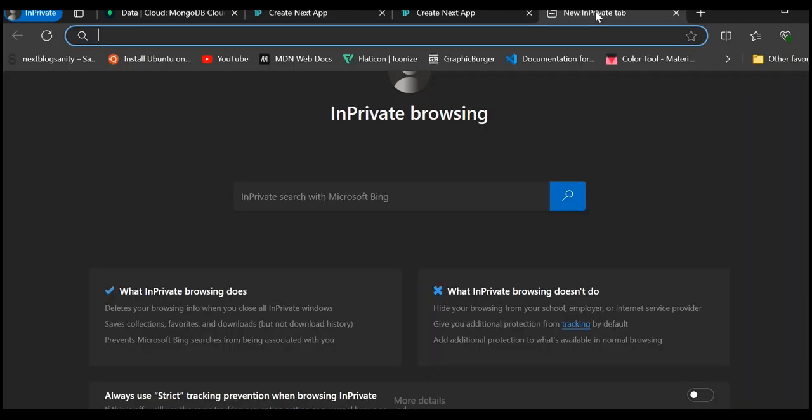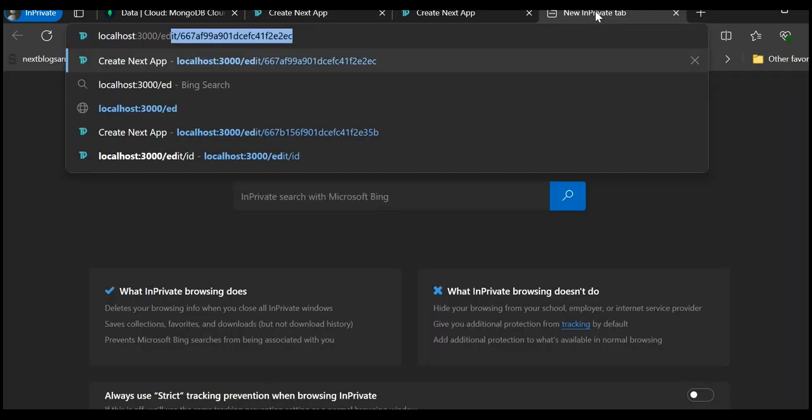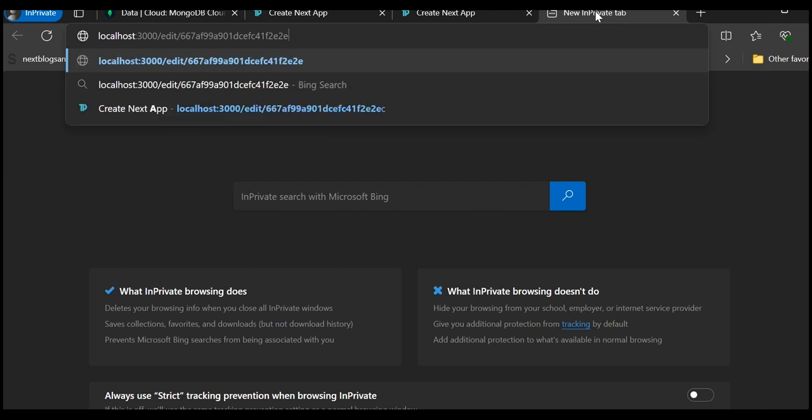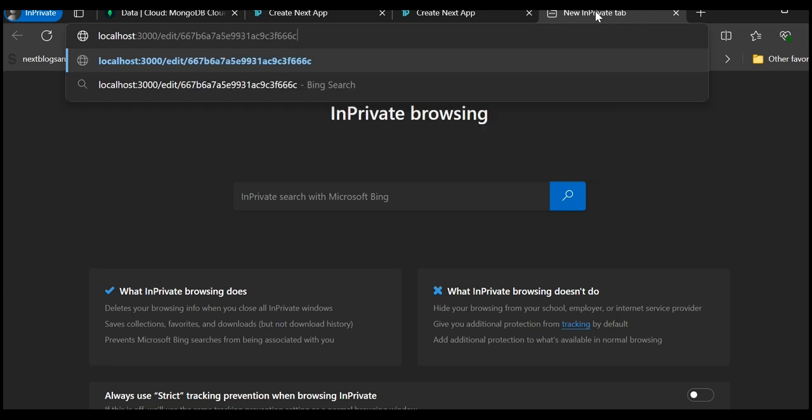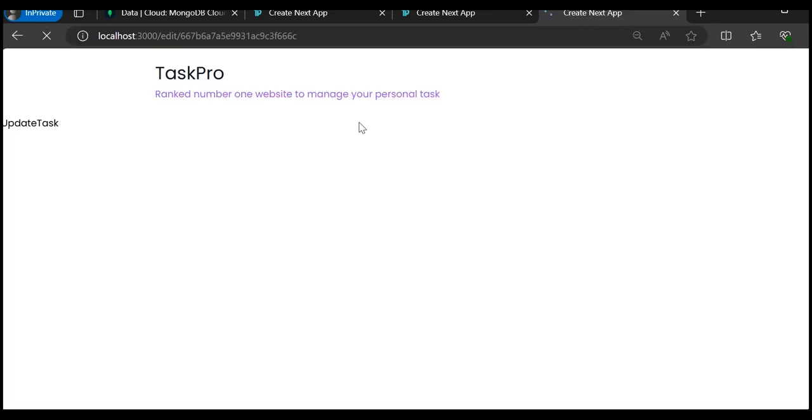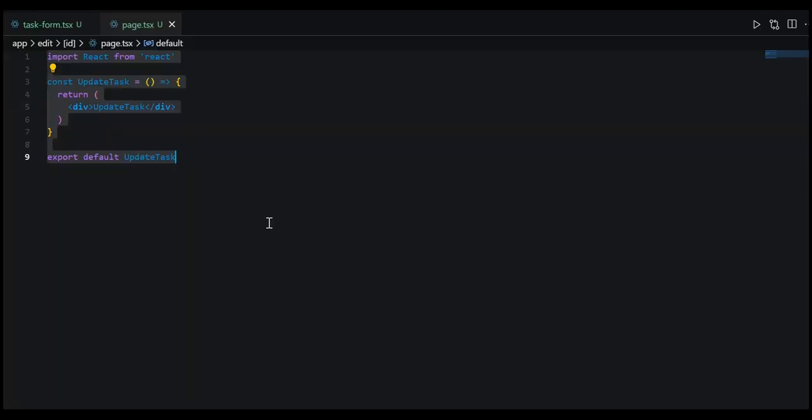Now let's go back to our localhost and let's go to /edit/ID. So we'll say localhost /edit, and let's add in the ID that we just created. If we hit enter, we see update task on the screen, so that's perfect. Now let's remove the code in the update task. We should have the ability to update our task since we've already created the server action and